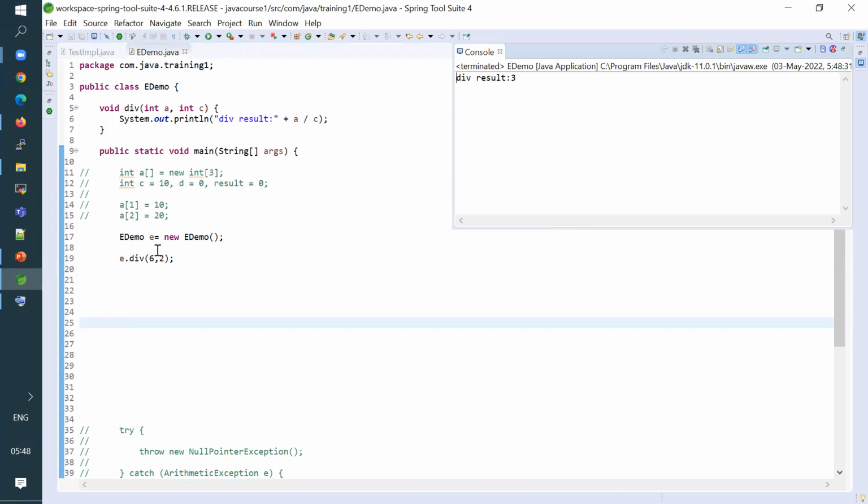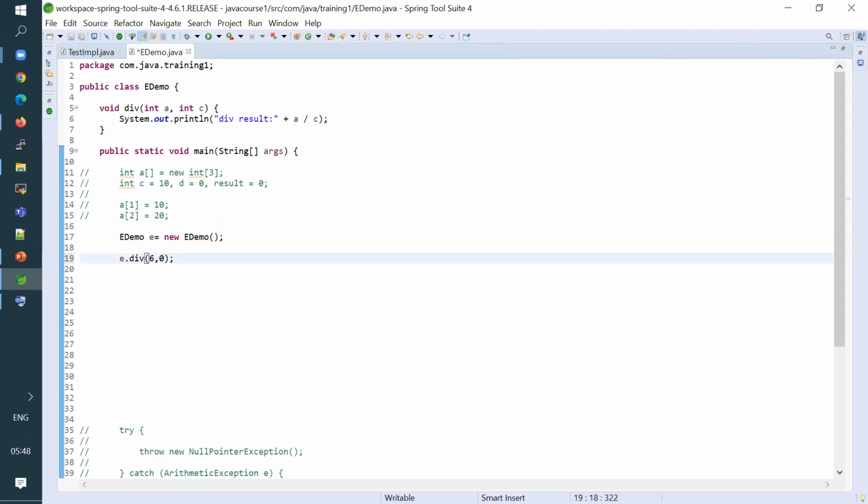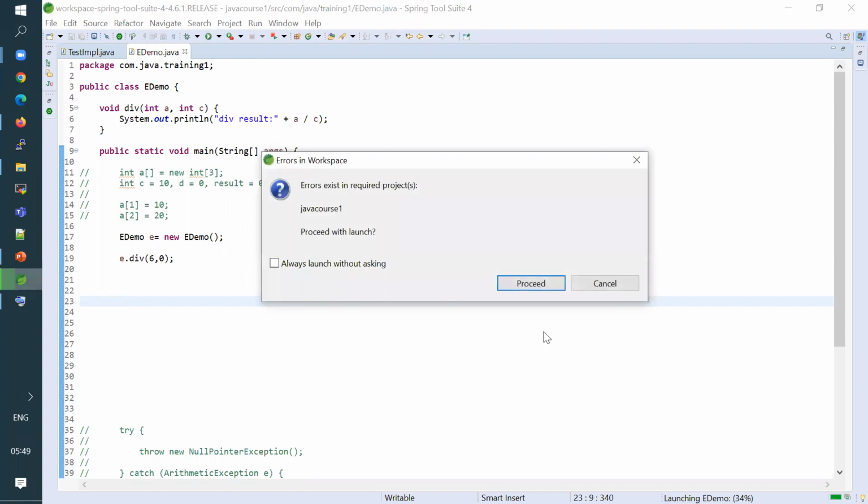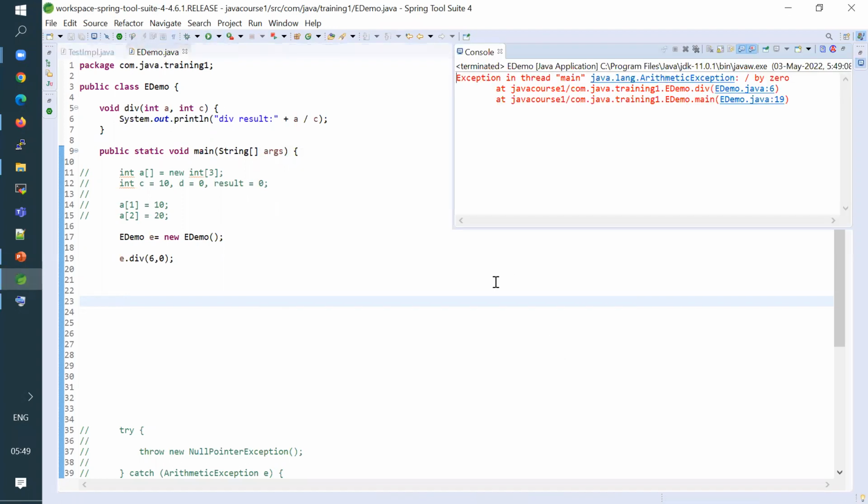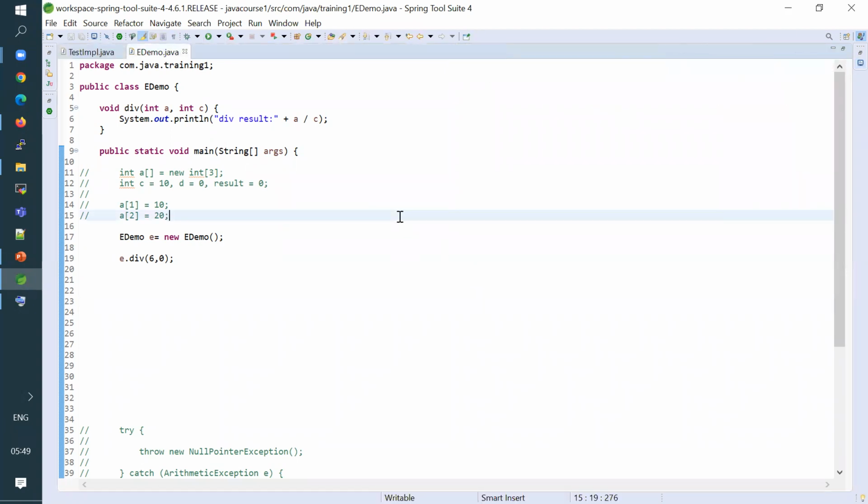Right. So now I'm giving it like this. What will be the output? It will give an error. Error or exception? Null pointer exception. Why null pointer exception? Something was divided by 0. It will give an arithmetic exception, saying it's a mathematical operation, right? Arithmetic exception saying divide by 0. Null pointer exception definitely no.